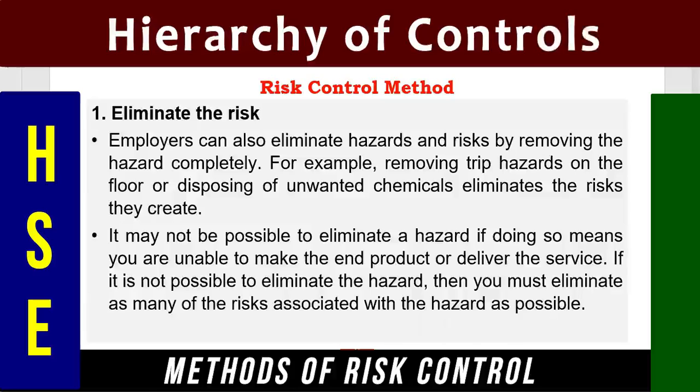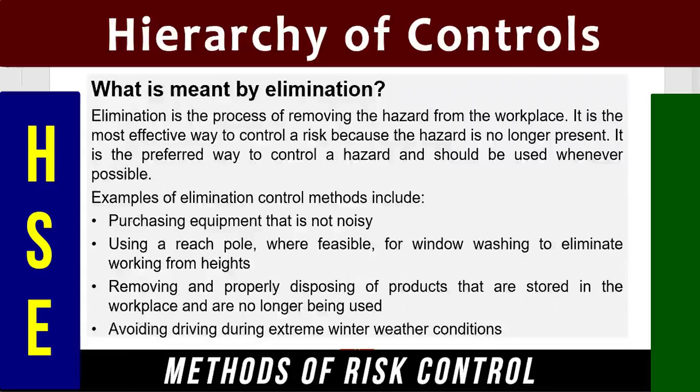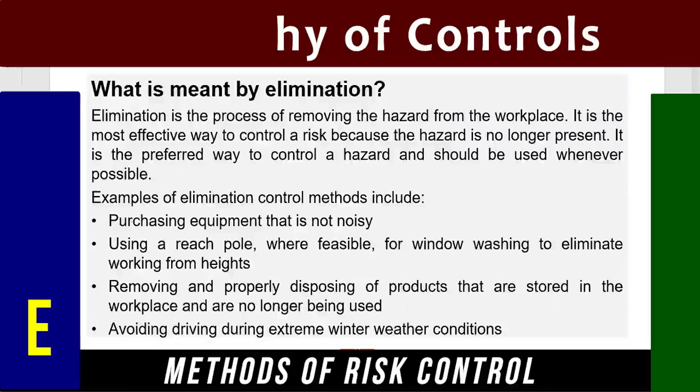If it is not possible to eliminate the hazard, then you must eliminate as many of the risks associated with the hazard as possible. You have to clarify one important point. You need to remove the hazards. If not possible, then in the elimination stage, you need to eliminate the risks as much as possible. Let us understand this first point of hierarchy of controls, that is elimination,